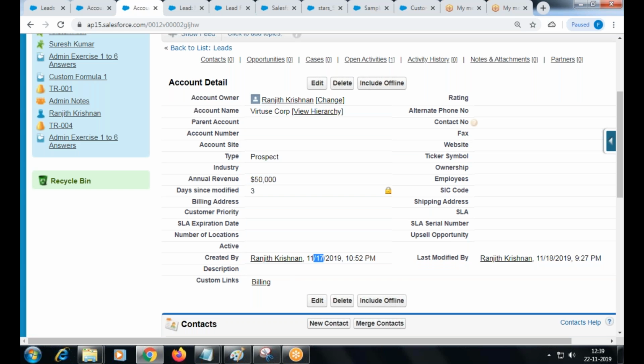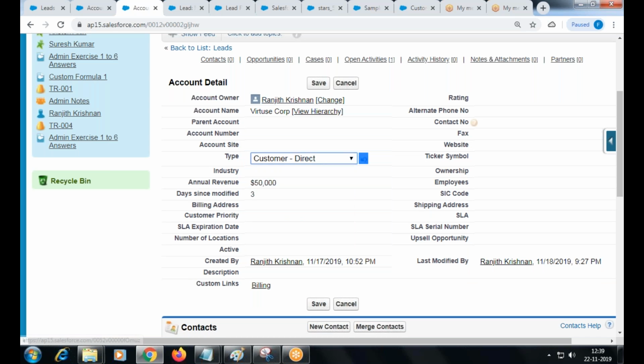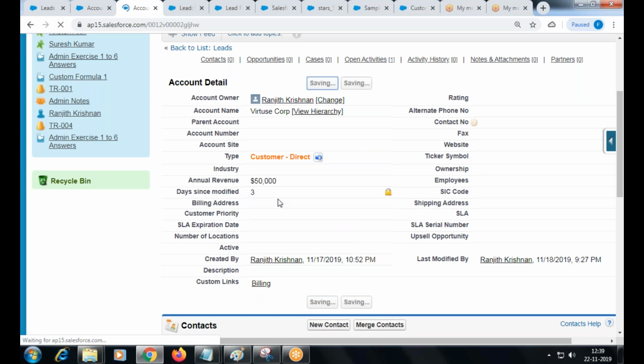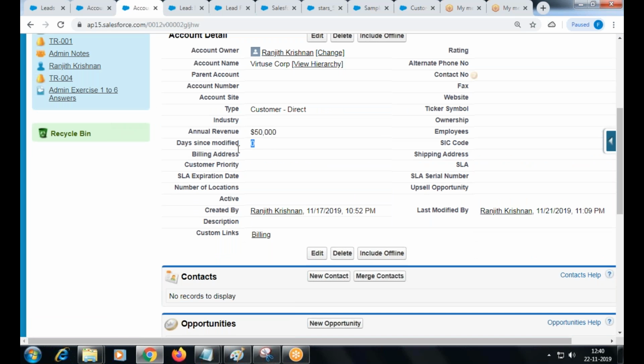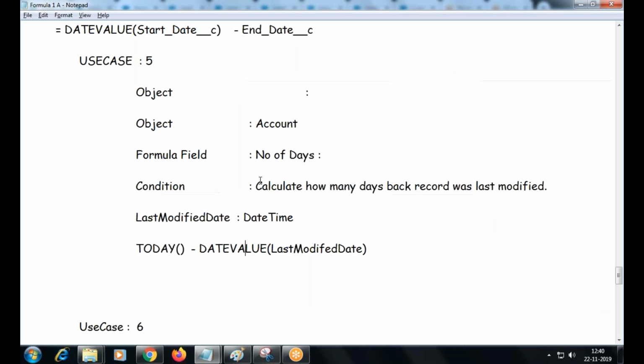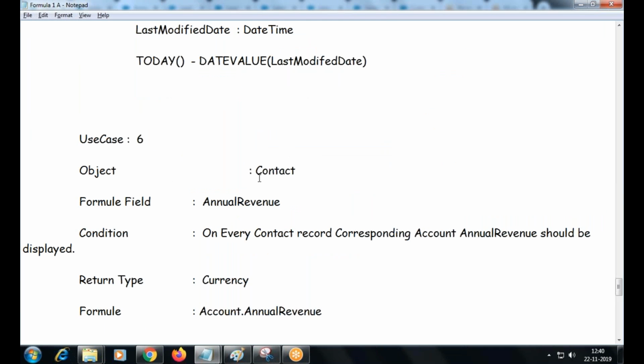Days since modified, 3 days. If someone is working on this record, then it's going to return 0, right? 0. Okay, it means currently it's modified. Okay, so this kind of formula you can build, right?